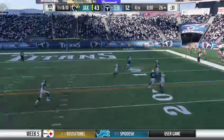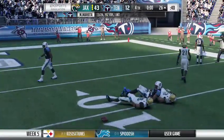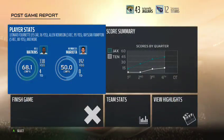One last shot now for Mariota. And this is dropped and incomplete. Well, there's a metaphor for how this one has gone, as time has run out on this ball game. A big offensive explosion helped leading them